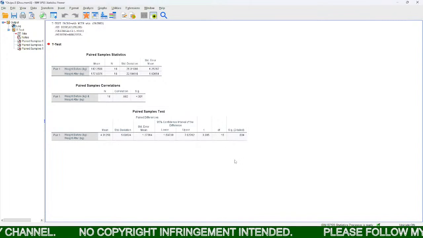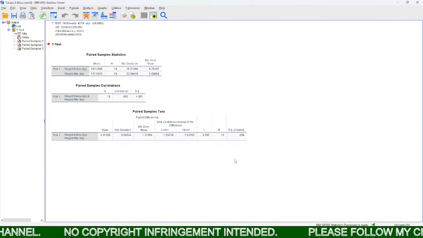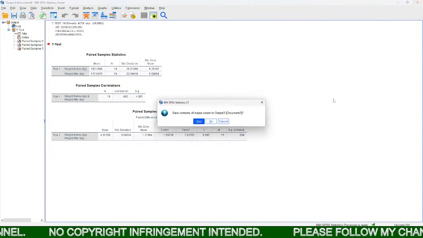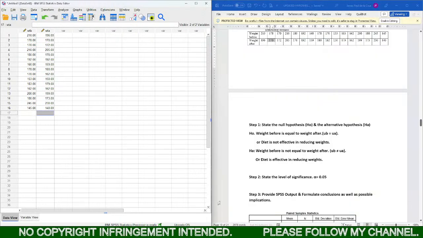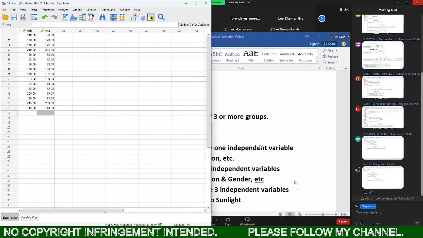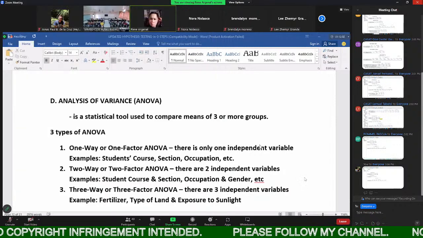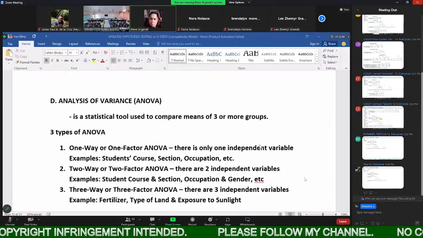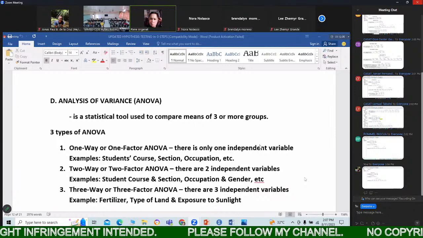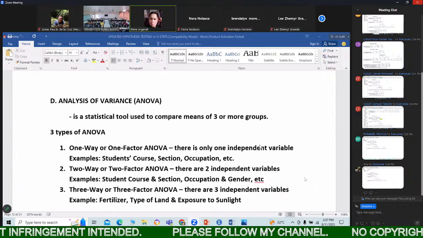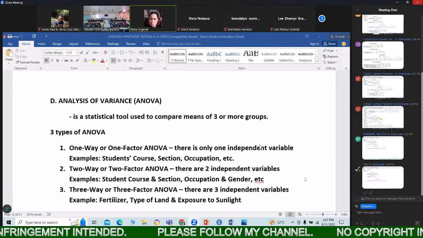So analysis of variance, or ANOVA, is a statistical tool used to compare means of 3 or more groups. So if there are already more than 2 groups, you will have to use ANOVA, no? And there are 3 types of ANOVA. You have the one-way, which means that there is only one independent variable. The two-way, if there are 2 independent variables, and the three-way if there are